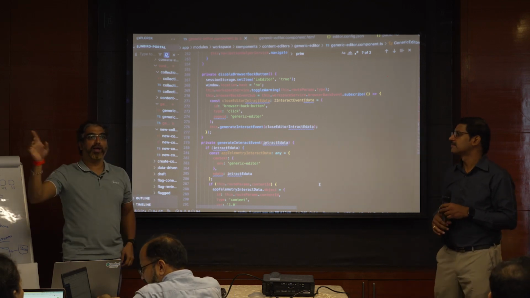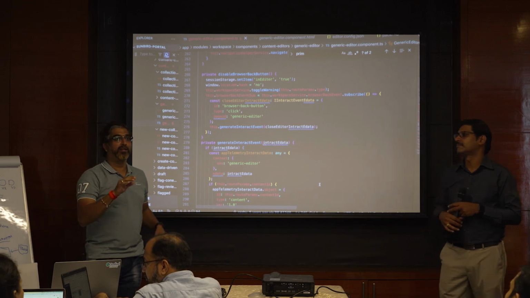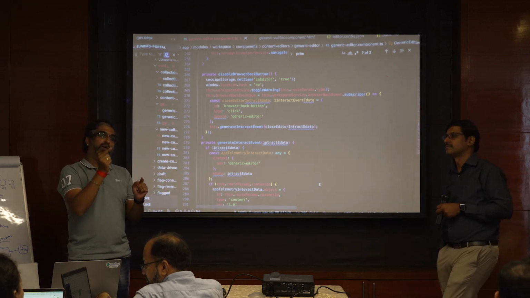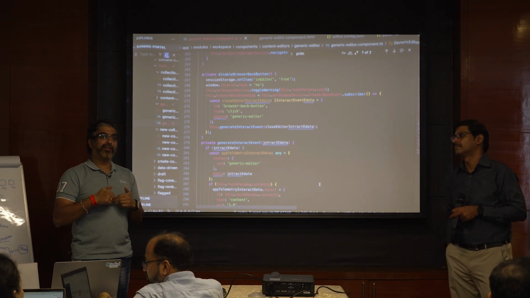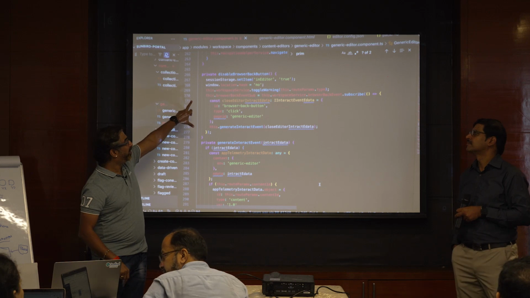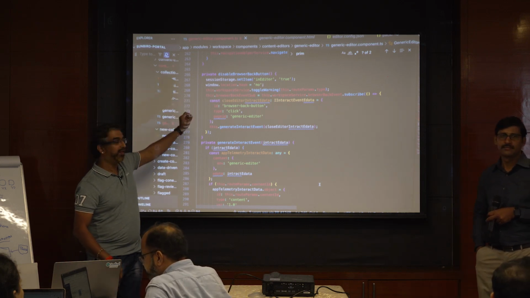It's not the editor's functionality. The editor is just opened in an iframe. The back button should not work is handled by the client, that is Sunbird Ed. So we have written that code to disable the browser back button.